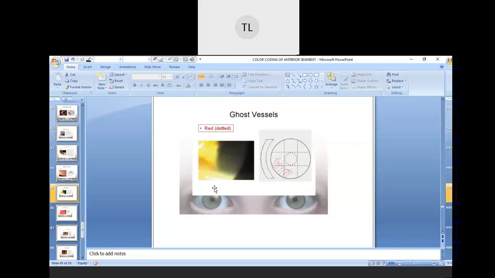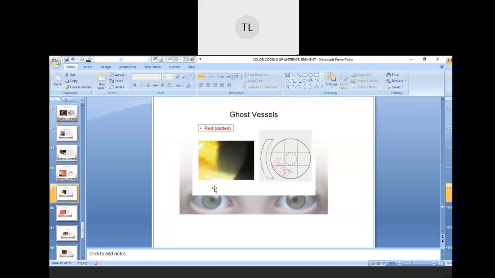Okay, and these new vessels, they will grow and they will carry the blood. But as compared to the old ones, these new vessels are very fragile, so they will break easily. And then what happened, they will remain in their own position. Even if they do not carry any blood, they will remain in position, and this will cause a scar in the cornea, and that can lead to a blurring of the vision.